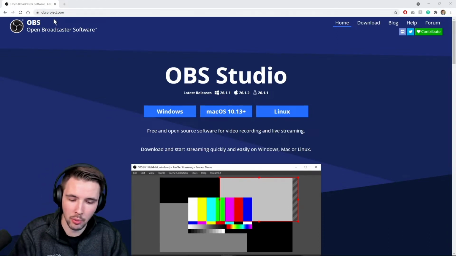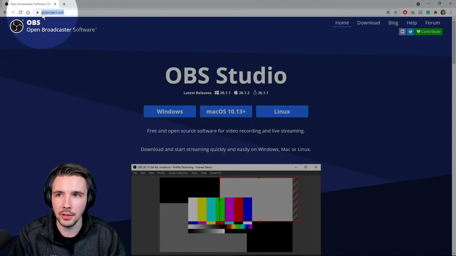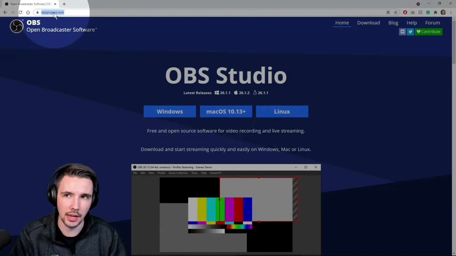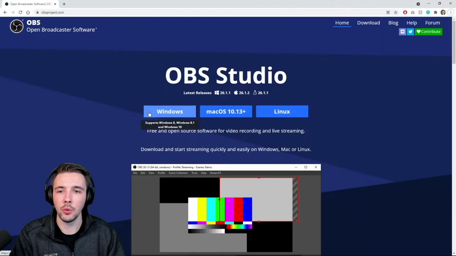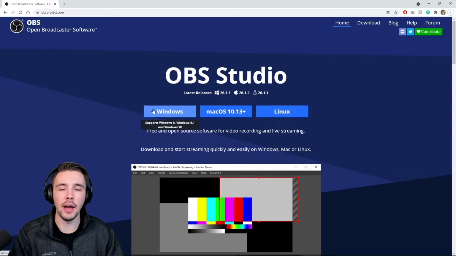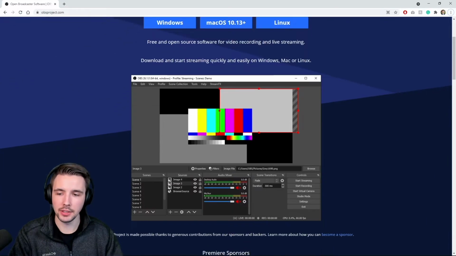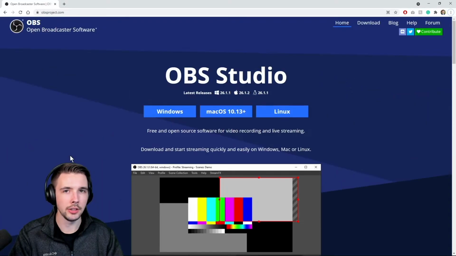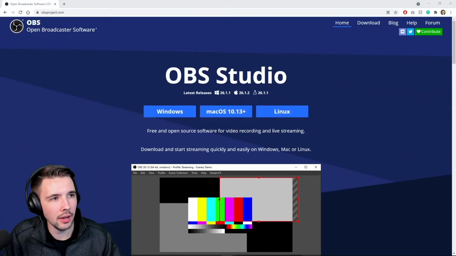So first step, we need to go to this site right here, obsproject.com. Then once you get here, if you have a Windows, click on Windows. If you have a Mac, click on Mac. Linux, go nuts. So I have a Windows, so I clicked on that. It's gonna pop down in the bottom left right here to download. You're just gonna want to install it, and then once you have it installed, you're gonna have this lovely screen